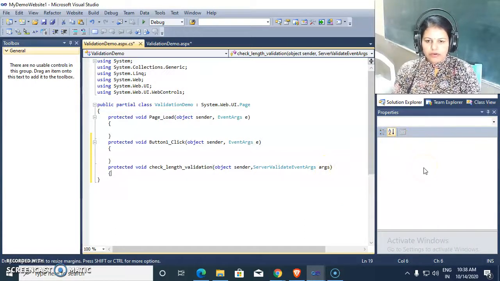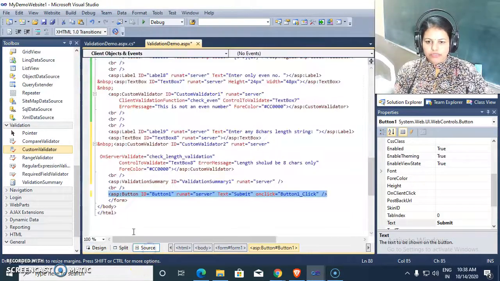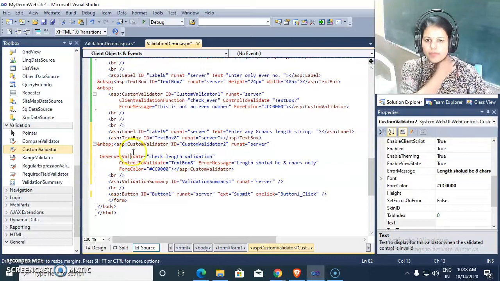So I'm defining my own function, and I'm giving this name inside the source file as OnServerValidate CheckLengthValidation, and writing the code for this function in C#.